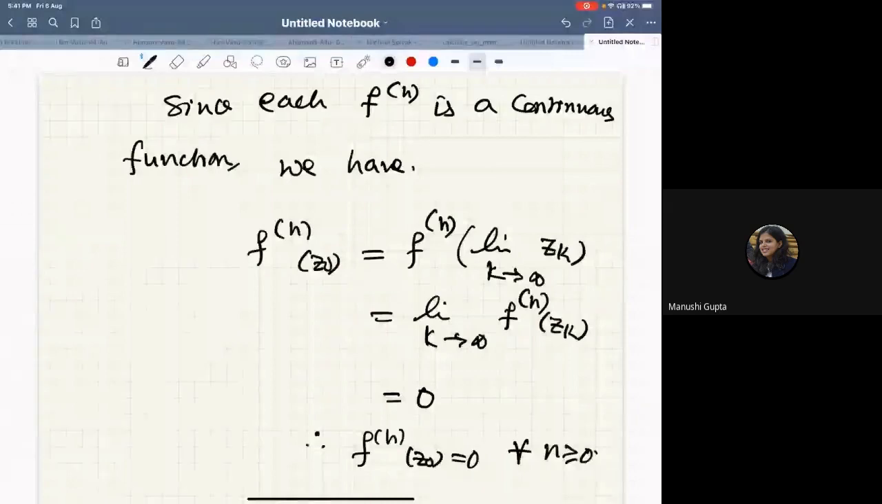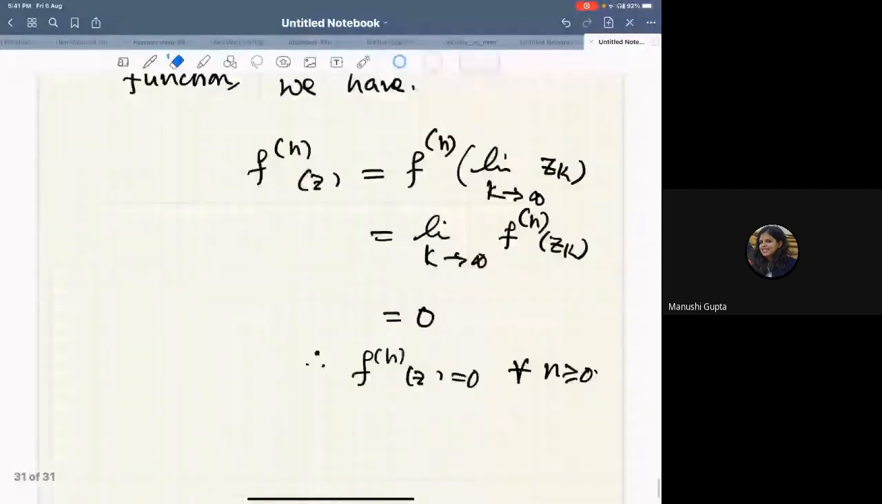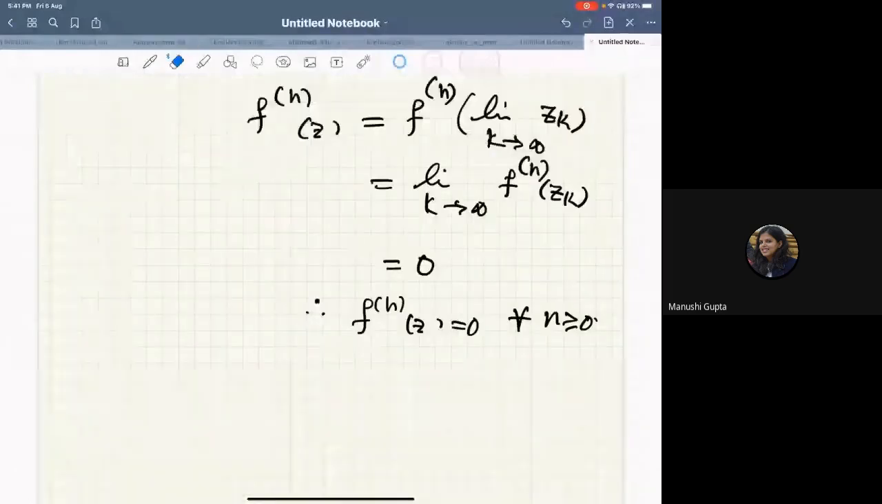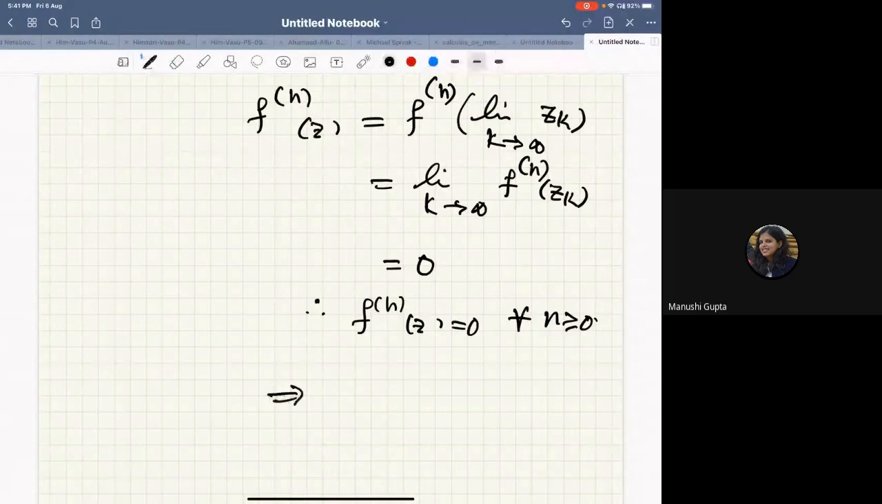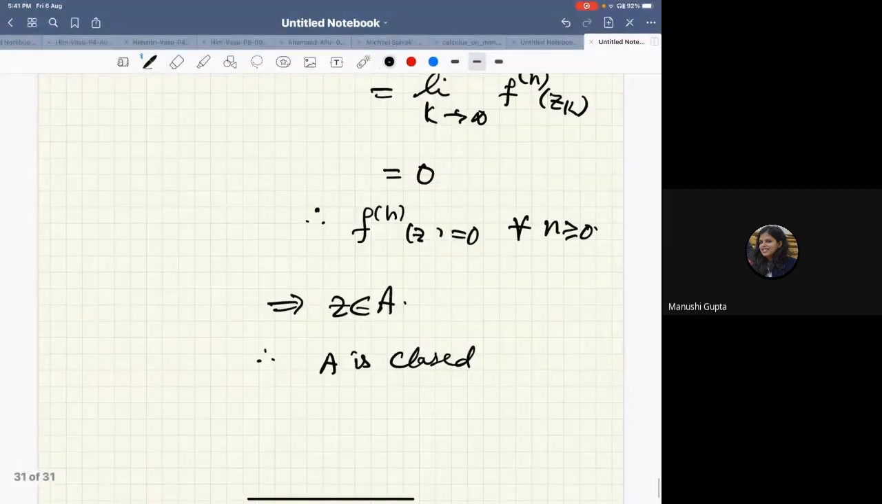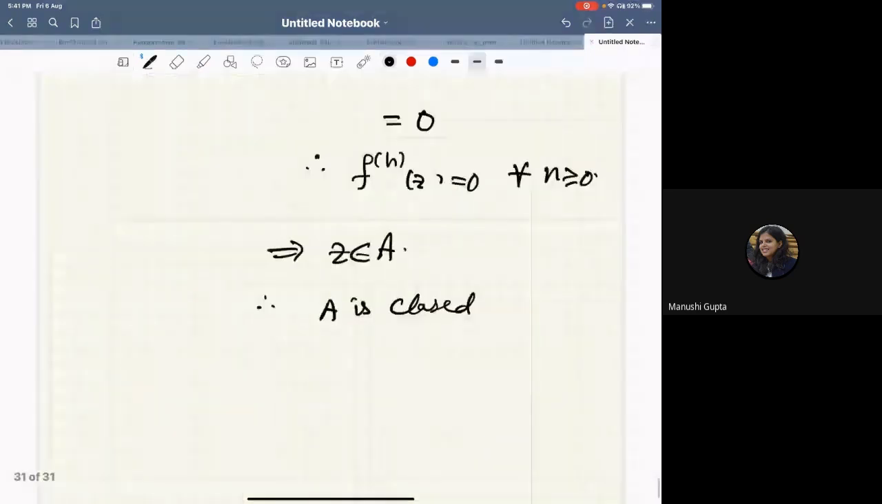What does it mean? Z0 belongs to A. This is Z, we are using the notation. So this implies your Z belongs to A. Therefore, A is closed. Now we want to prove that A is open. The next subclaim is